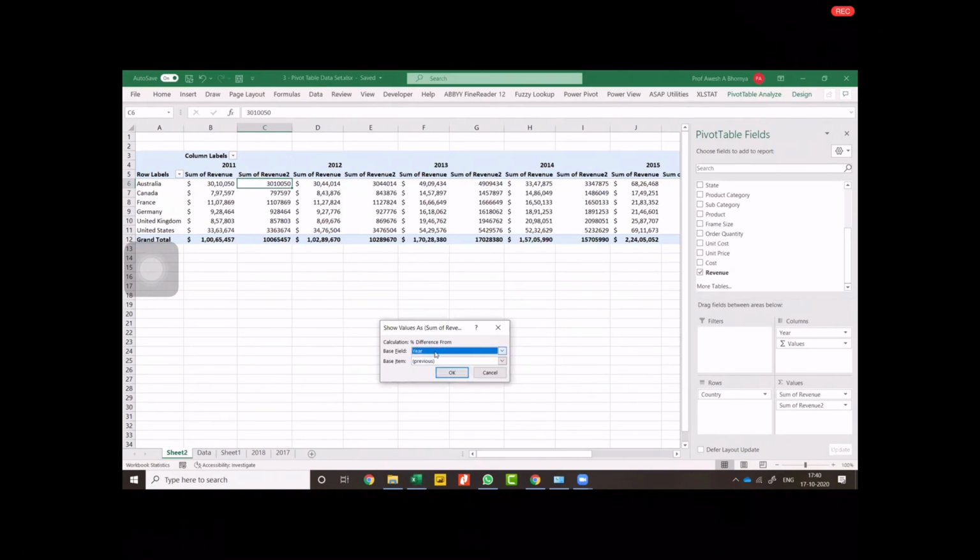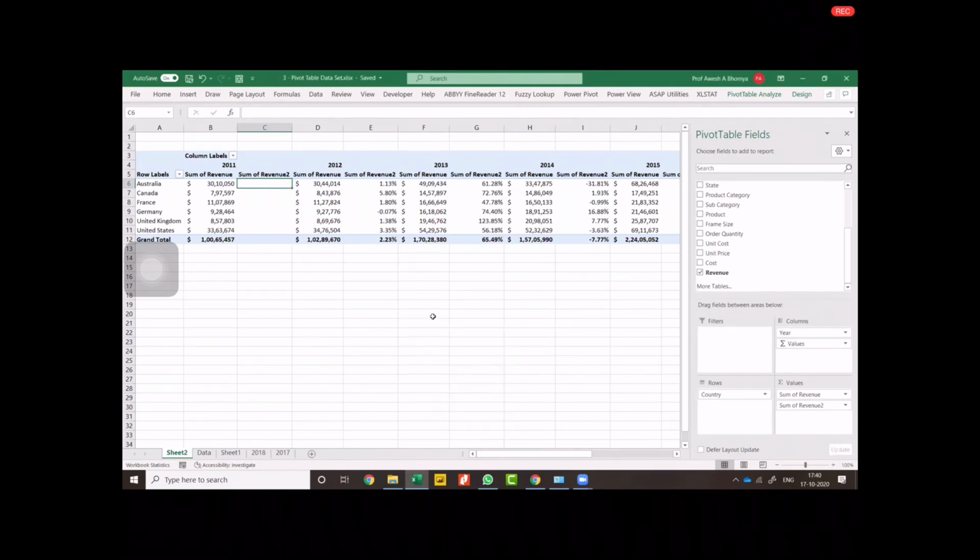So from 2011, what happened in 2012? Was there a growth? No, yes, no, whatever. And then it will say base item. So instead of selecting previous, select 2011. Now 2011 will show you the cumulative growth rate, whereas the previous year or the previous value will show you